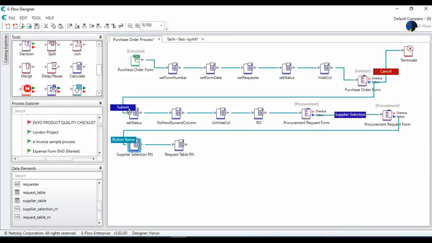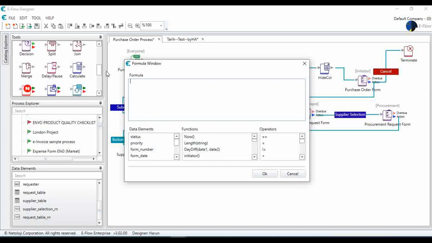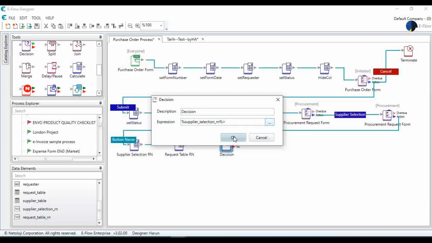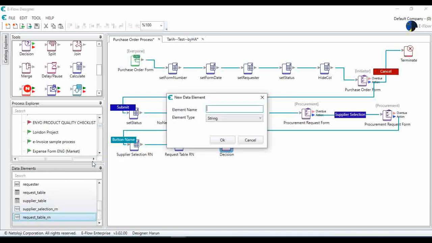Now I have to define a rule according to the number of rows in the supplier selection table. So what I do is I use my decision tool to start my loop, and what I want to do is I want to make the loop continue until supplier selection row number is greater than the number of rows. But how many rows? Let's make a new data element and let's say